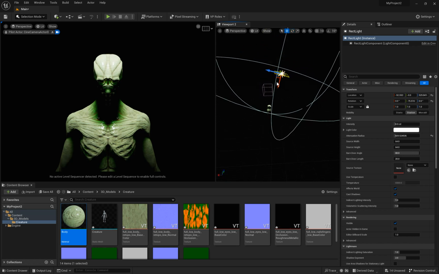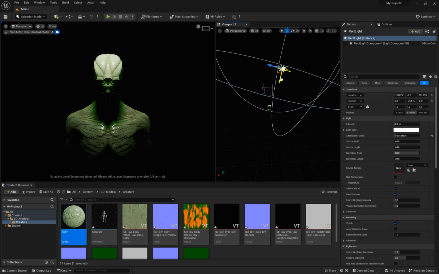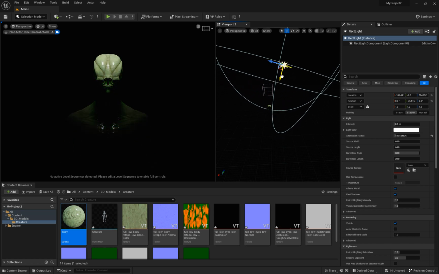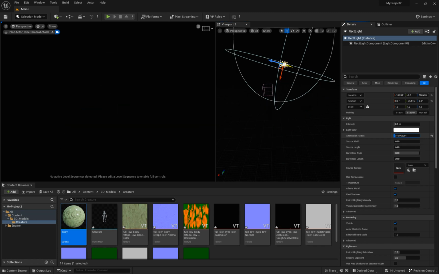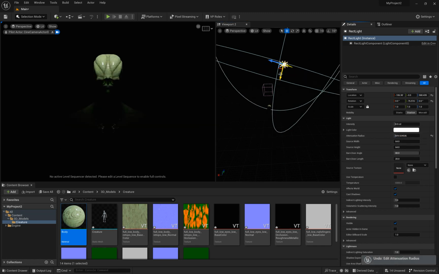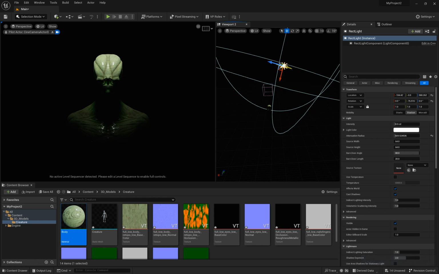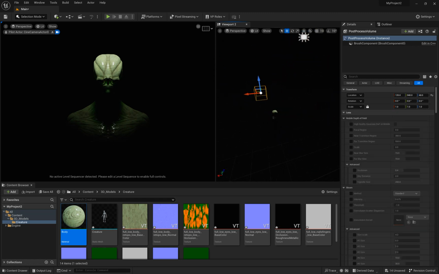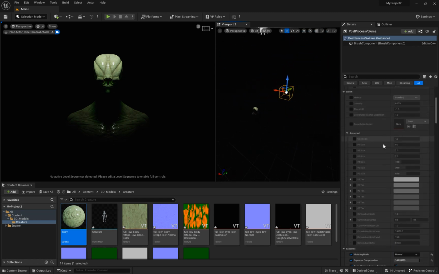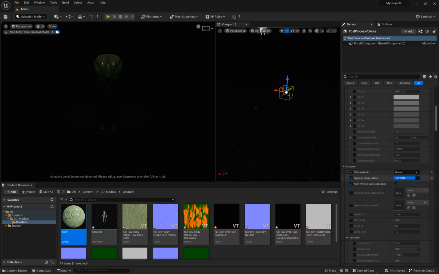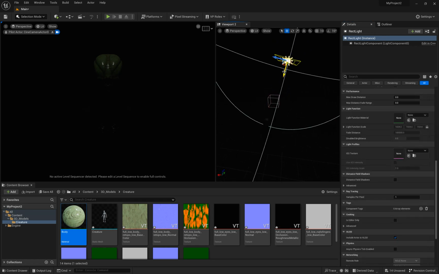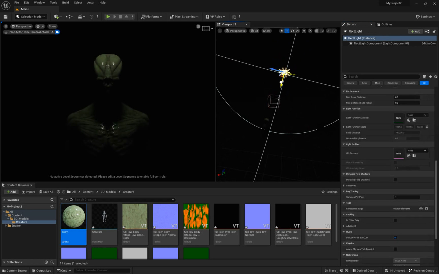I might bring that up a little bit as well. Maybe like that, but then increase the attenuation. Oops. Maybe something like that, right? And then what I'm going to do is just increase the exposure on this character. So I actually want to bring it down a little bit and then bring this forward. So it's kind of like a